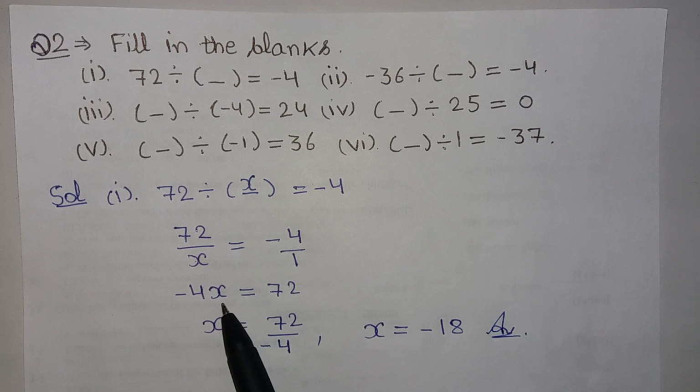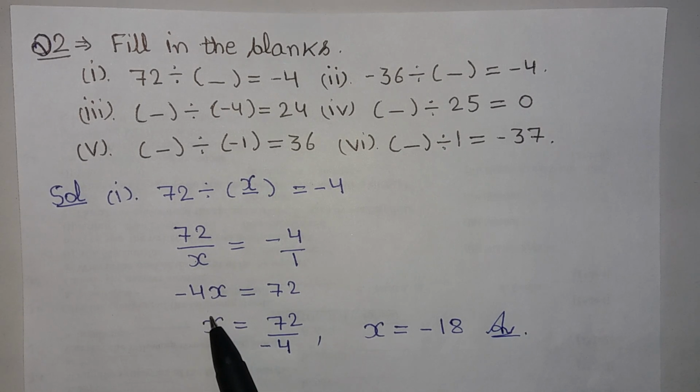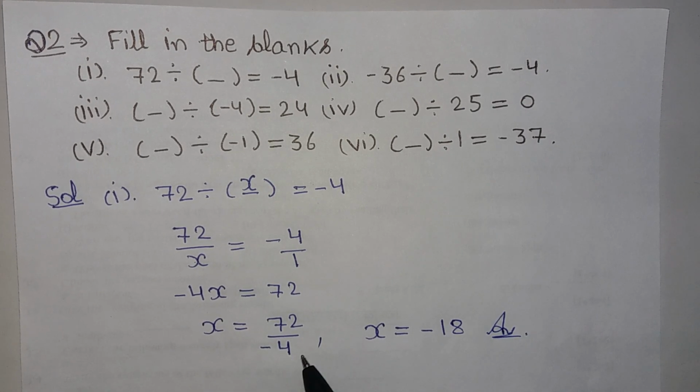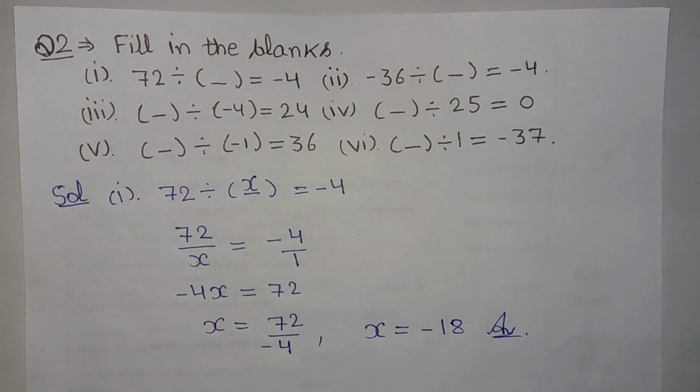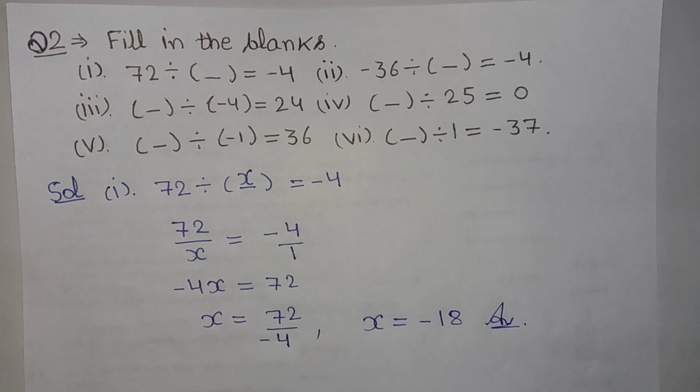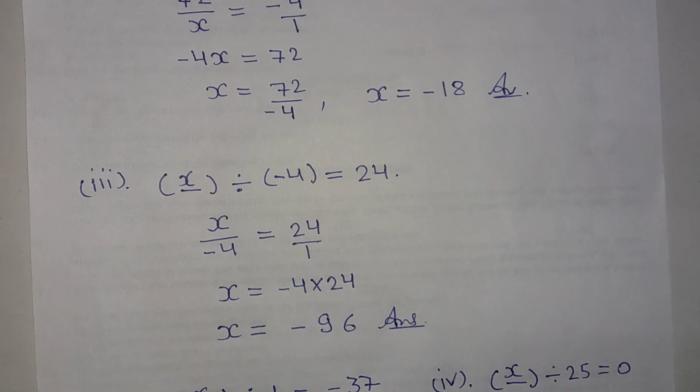So for finding the value of x, we divide 72 by minus 4. When we divide 72 by minus 4, it will be minus 18. So here minus 18 will be the answer. After this, the third part,